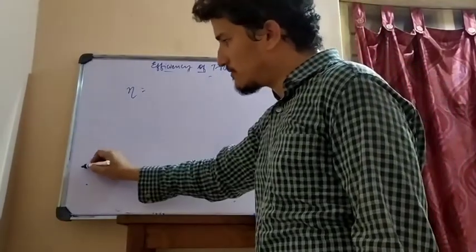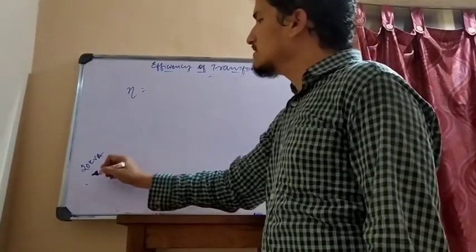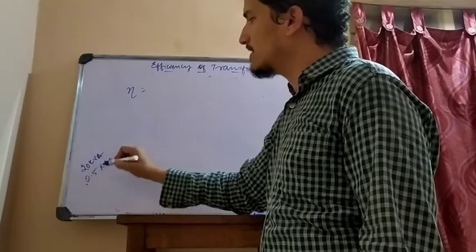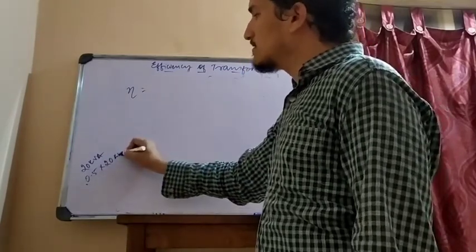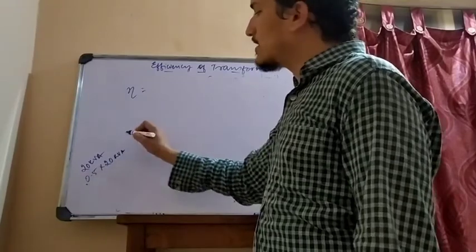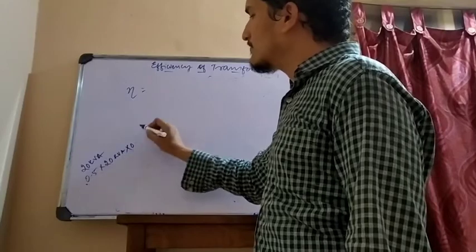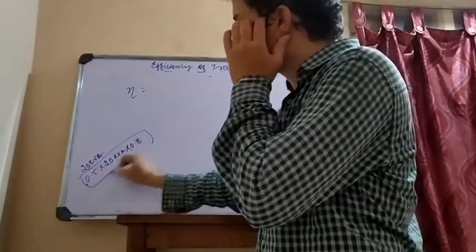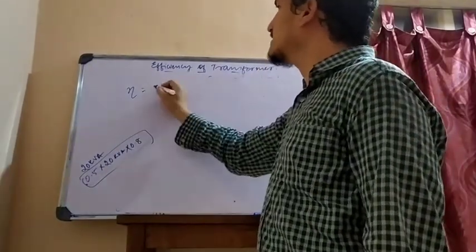Say for example 20 kVA is the rating of the transformer. If you are loading 50%, 0.5 times 20 kVA is the total load that you have applied. But it is apparent power. At what power factor it is running, that you have to multiply. If it is running at 0.8 power factor, this is the actual output of the transformer.